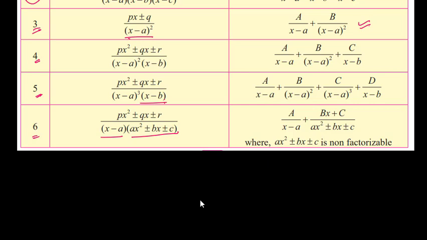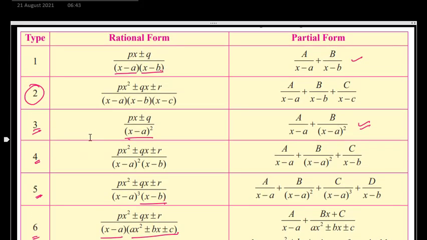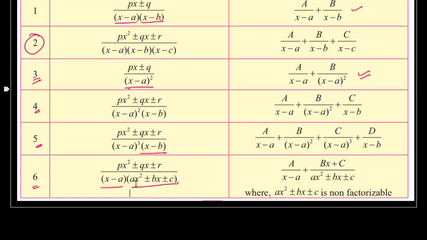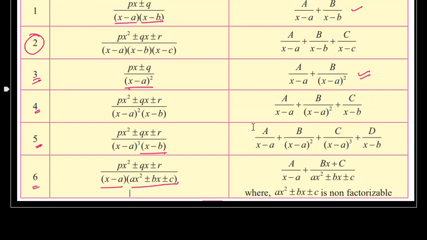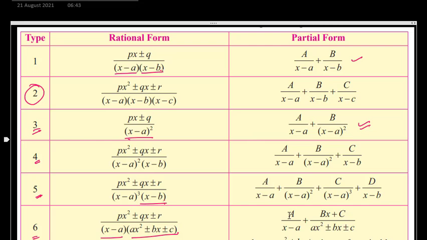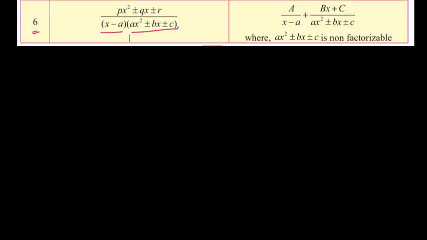And if the denominator is linear, then for that it is A upon like this. So always in the problem, this rational form will be given to us. We will convert it into partial form using this table, and then we find the values of A and B using suitable algebraic methods that you will see when we start solving the problem. Okay, so I think so far you are comfortable with what we are going to do in this type. Yes, okay, so let us begin with the problem.